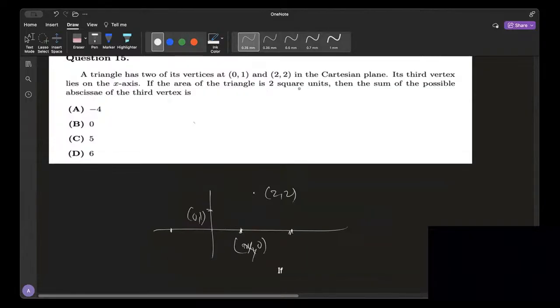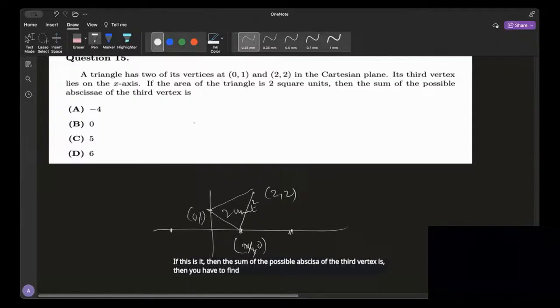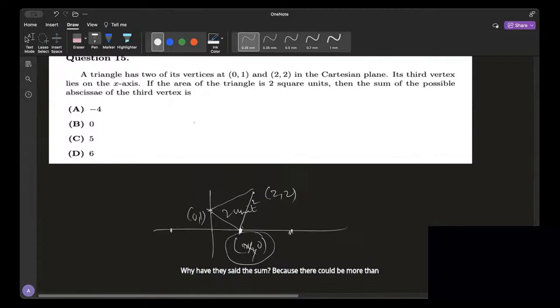If the area of the triangle is 2 square units, then you have to find the sum of the possible x-coordinates of the third vertex. Why have they said this? There could be more than one point possible such that the area of this triangle is 2 square units. Option A, x equal to -4. Okay. Then the area of this triangle is